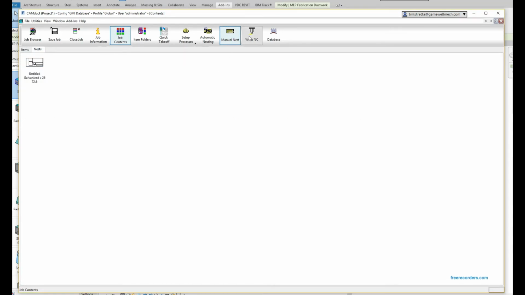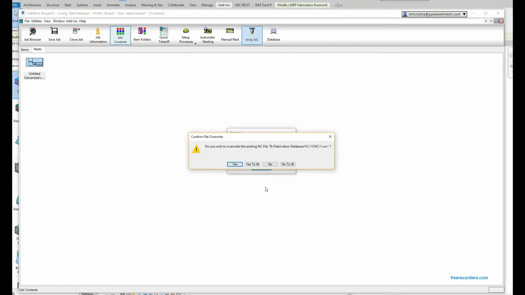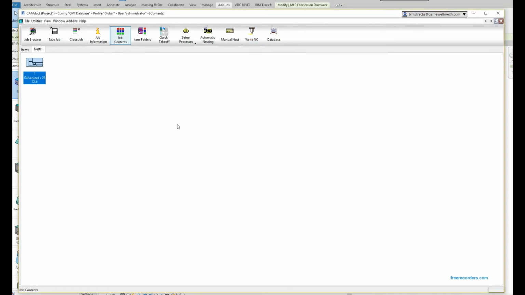Now right here I'm doing a write NC, or a write CNC. At this point, what I'm doing is sending the files in a format that the plasma cutter can understand. So this is that Revit, CAMduct, plasma cutter workflow, and at this point I'm exporting the files in a format that a plasma cutter can read, which is basically just a bunch of numbers to move the